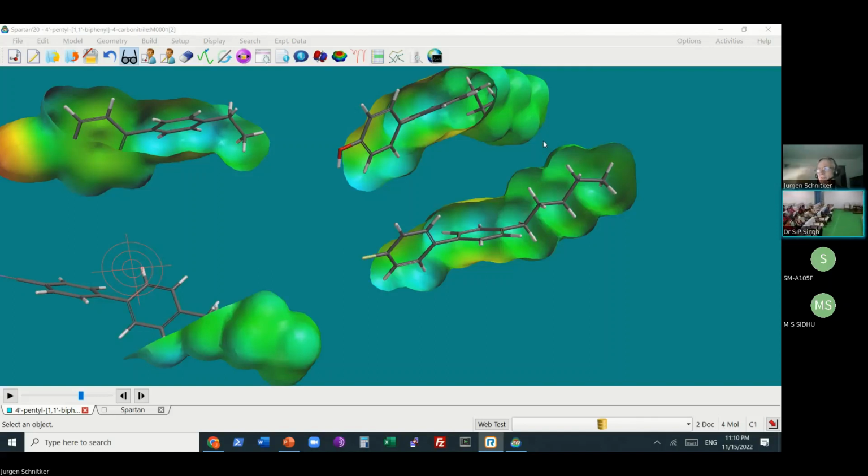That doesn't surprise me. B3LYP is the workhorse functional for organic molecules. Now, silver is different. Some of the previous remarks touched on that. Once you get to transition metals, things do get more complicated.